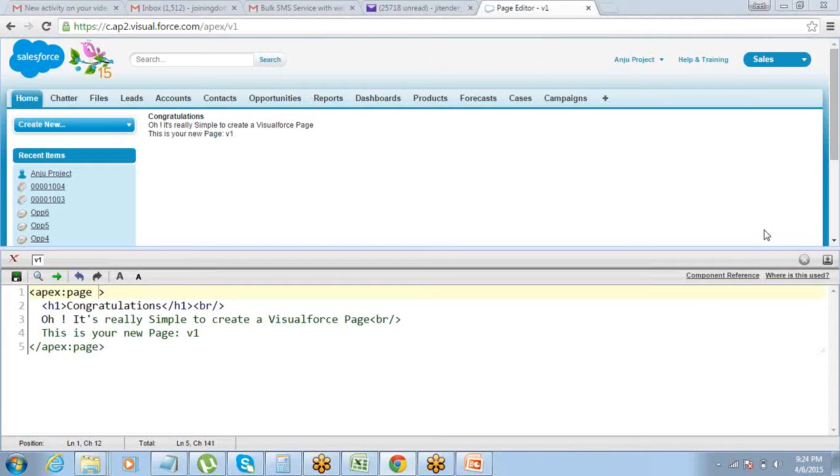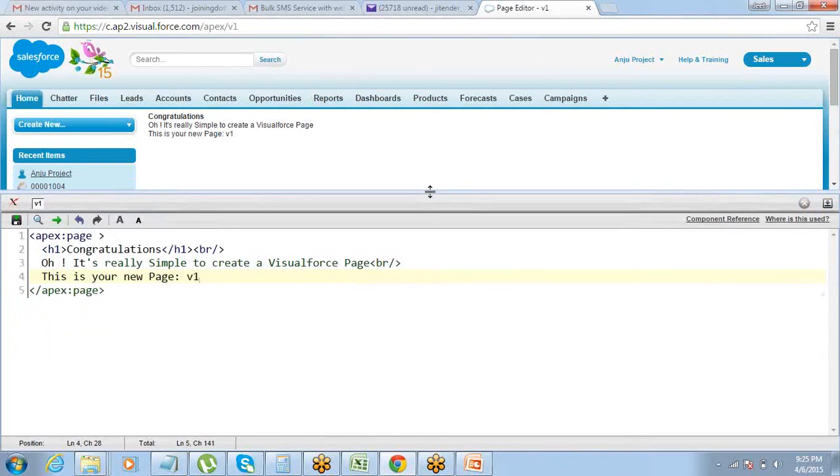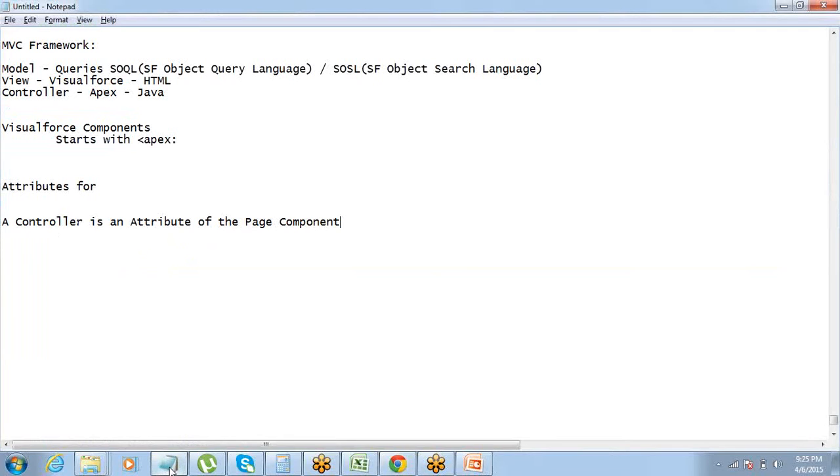We have a question from Anju. She says, do we have this editor in real life? Yeah, this is in real life also, in practical scenarios also. This editor is there. Just make sure that you have enabled the development mode. Sometimes if you are not the developer or do not have admin rights, you might not have the choice of enabling the development mode for yourself. In that case, you will not get to see it, but ideally it is something which we have.